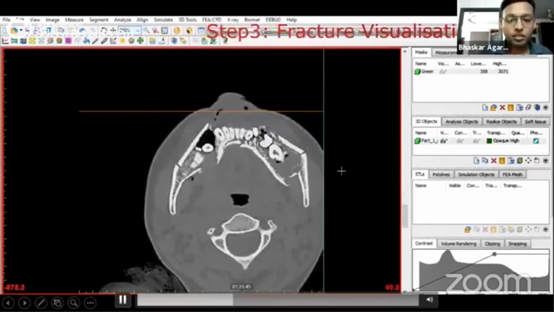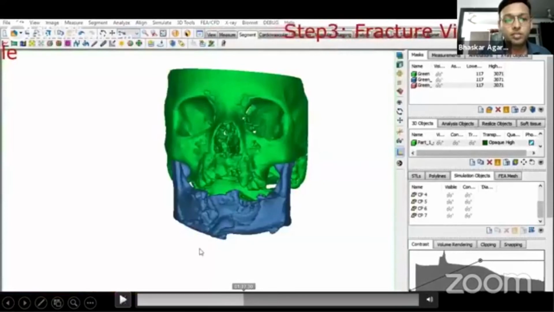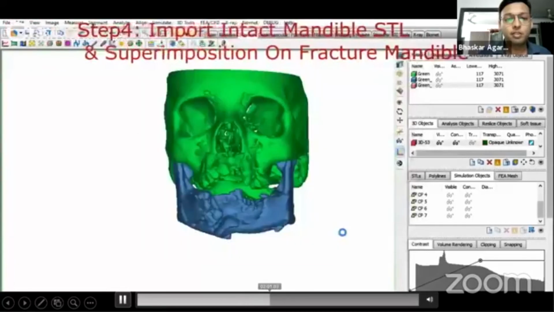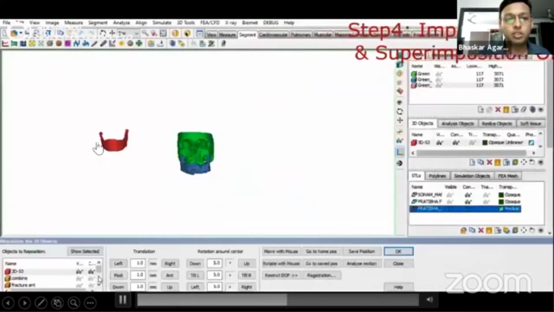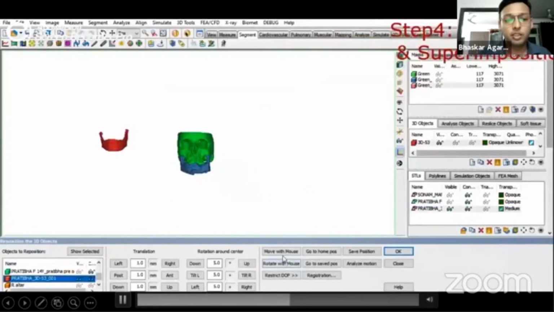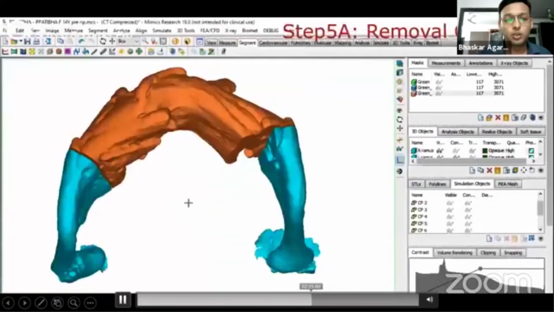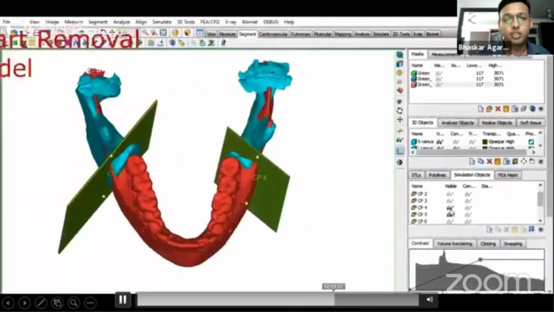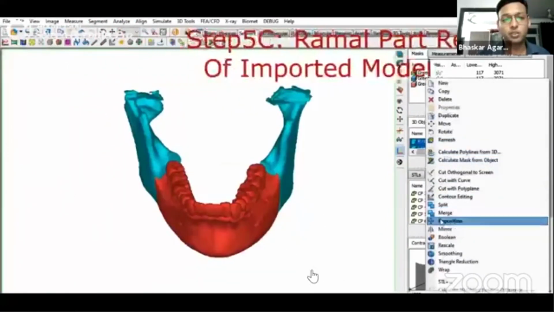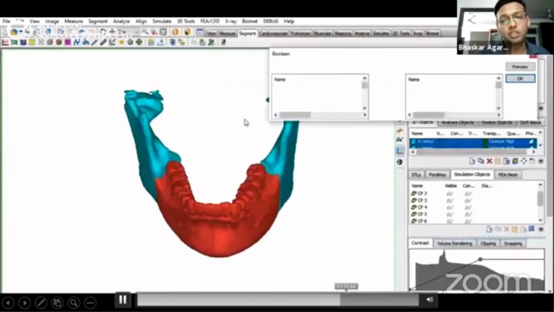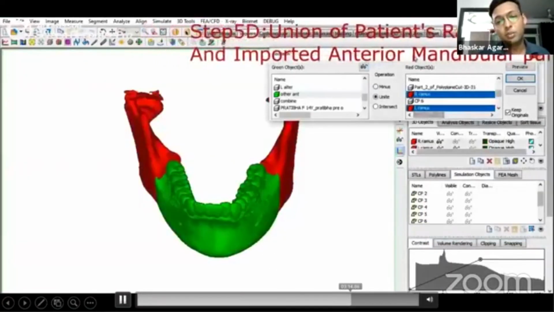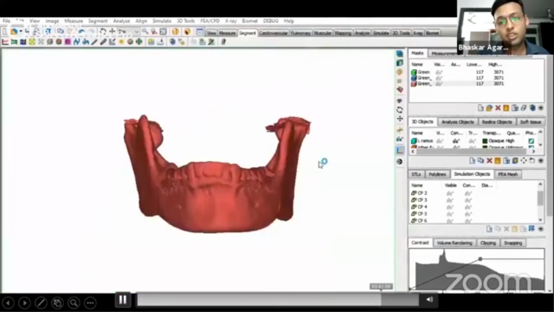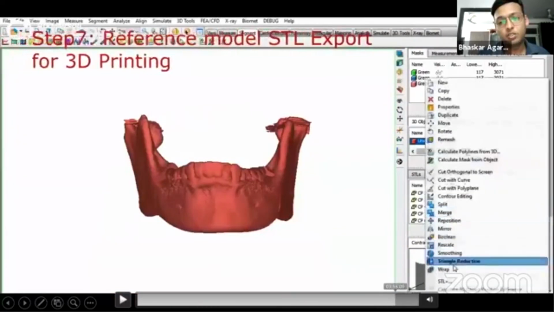So the mandible is generated, and from a different patient, the mandible was brought in and superimposed over the fractured mandible, and the ramus of the original patient was used, and the anterior segment was reconstructed with the help of the normal patient. So this is how the mandible was reconstructed, and this was sent for 3D printing.